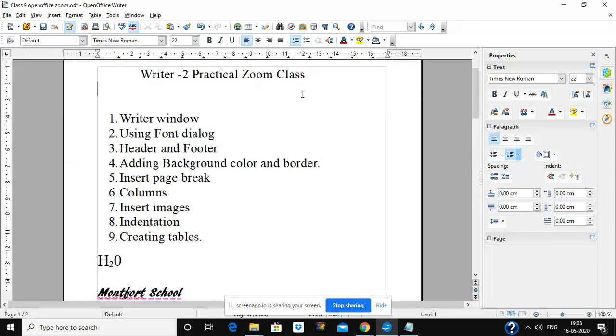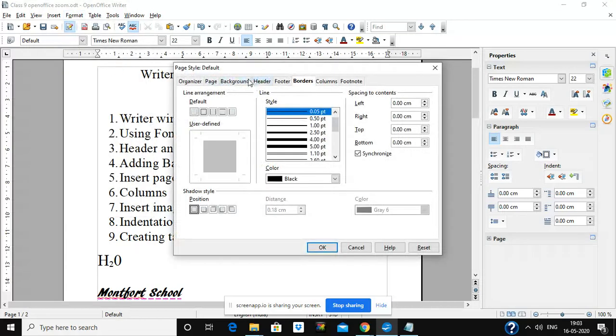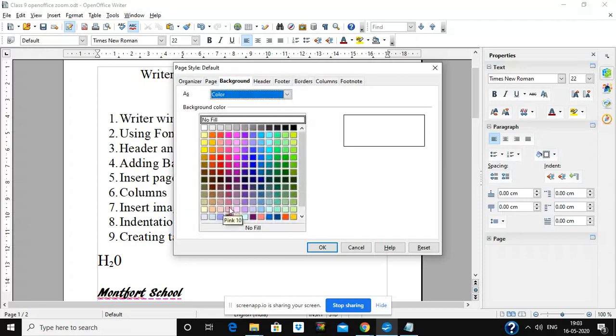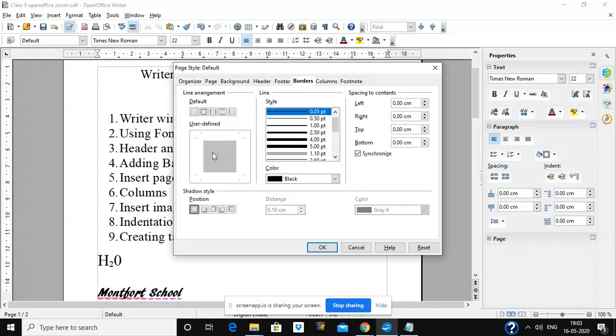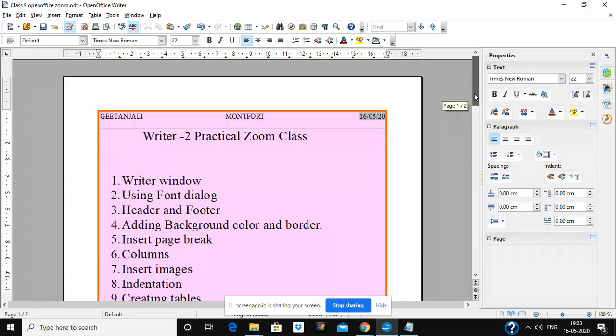Now we will see how to add background color and border for the page. Go to format page. Earlier we selected the option of format character because we were doing character formatting. Now we will do page formatting. We have to apply a border for the whole page. So we'll go to format page, click on background, select any background color from here, and I'm taking a light background color, and click on borders. Select a style of border and it will come in the preview. Like if I select this border, it will come on all four corners of the page. Then select the thickness of the border and then select the color of the border. So I'm taking any random color. So this is how the page color and border around the page will come.